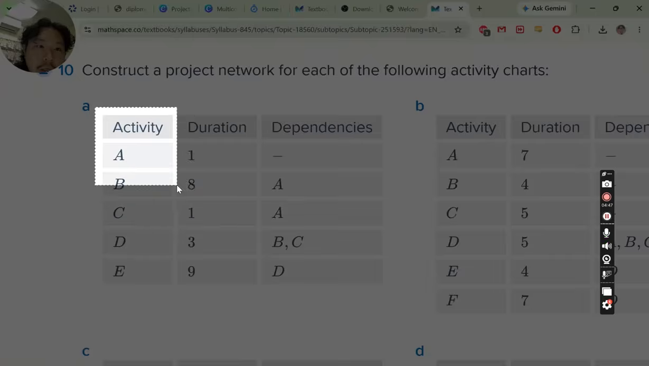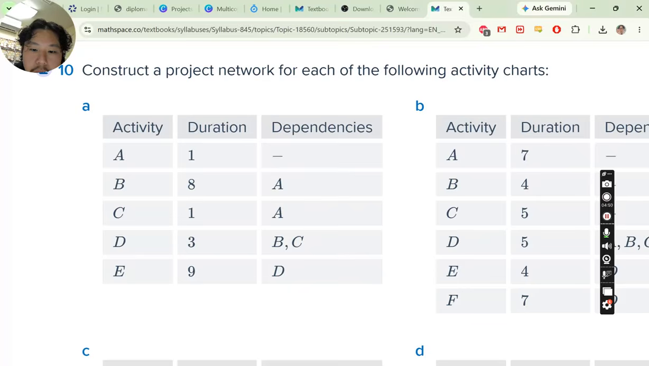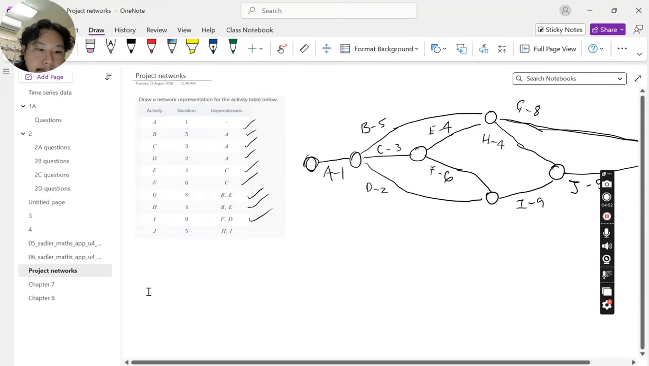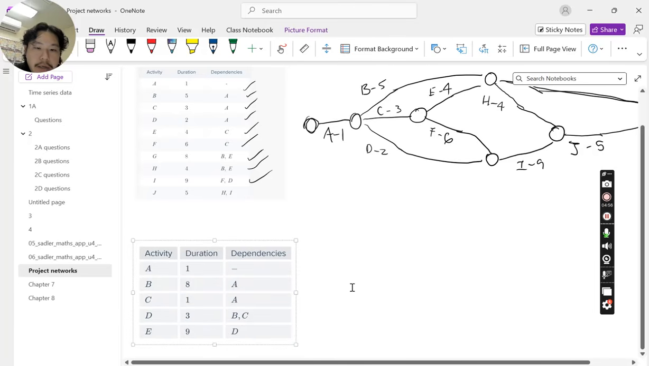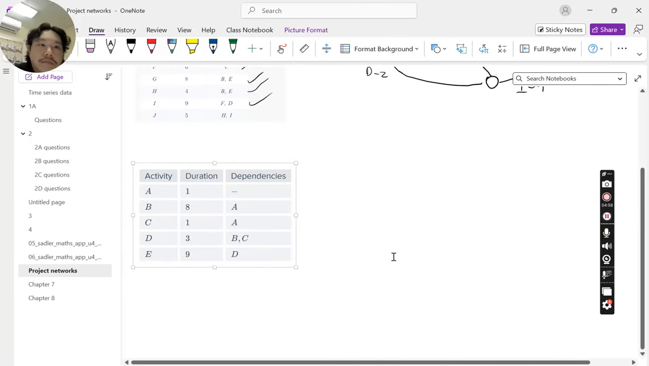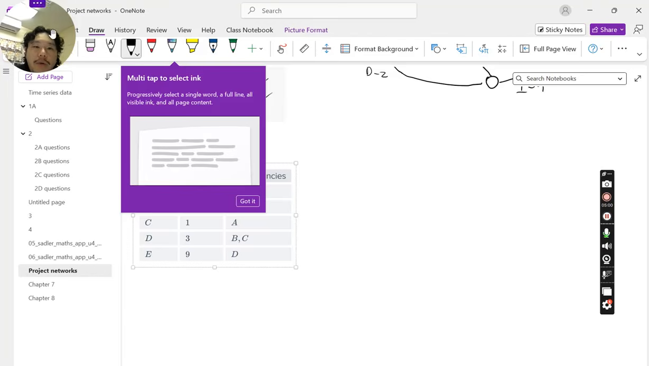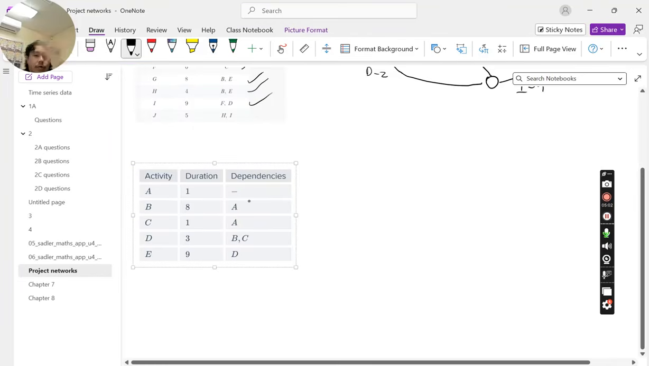So here, paste. Okay. If you want to try and follow along with me, you can pause it now, or you can try it in class so you don't have